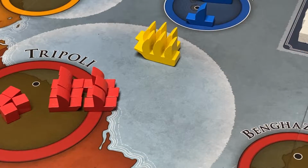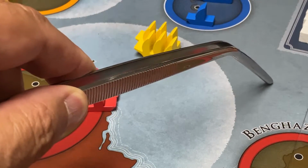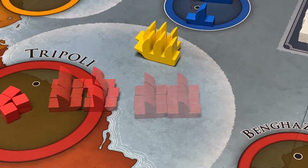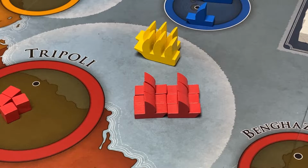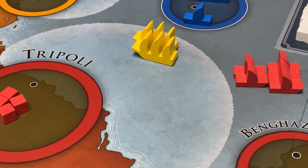To conduct the raid, the Corsairs need to move to the open sea, so they have to cross the patrol zone in order to reach the open sea. That means that the Swedish frigates have a chance to intercept and sink some of the Corsairs. And the interception is conducted by the American player rolling 2 dice per Swedish frigate, and for each 6, 1 Corsair will be sunk. And 1 6 was rolled, so 1 Corsair is sunk, and the remaining 5 Corsairs make it to the open sea,